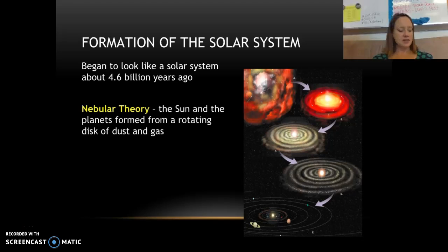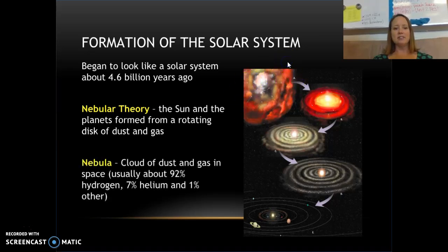So the Nebular Theory states that the solar system began as a nebula, which was a cloud of dust and gas. They're usually made of about 92% hydrogen, 7% helium, and then the rest makes up 1%. But something caused it to start spinning and contracting, maybe a nearby exploding star giving off energy. So most of the gases, most of that hydrogen was concentrated at the center and became what is now the